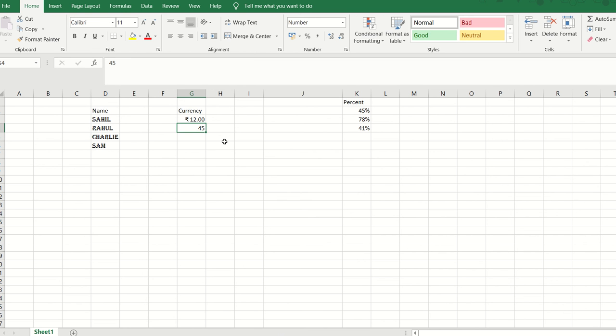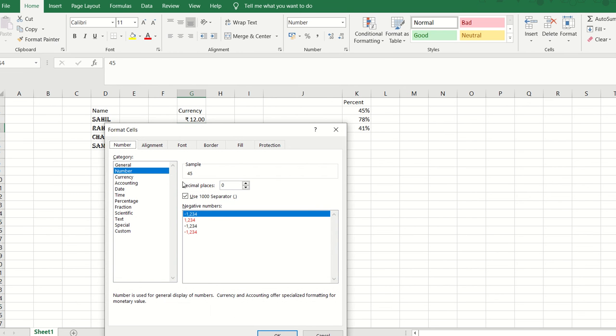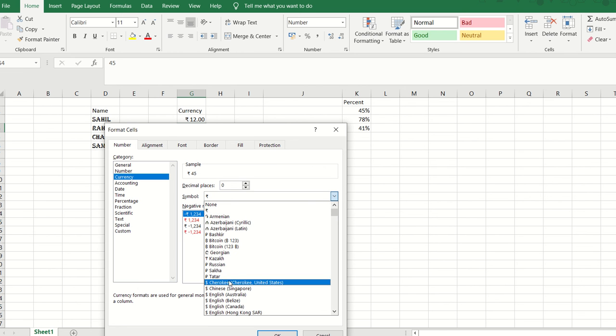So that's all up to you how you can go ahead and use it. Let me just show you again. You can click on Format Cells, and the number thing we can alter, that is, the decimal places we can alter with the help of this section. Currency, obviously, I can go ahead and select from all the options which are available over here. Here you will be finding more details. There are n number of options available that you can select.